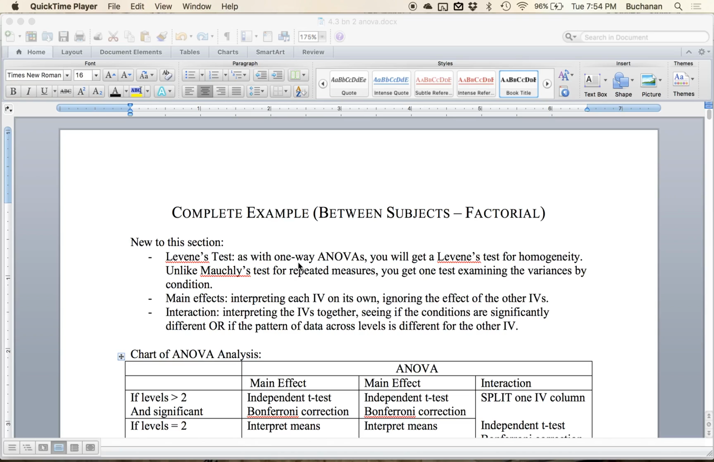Hi everybody, what we're going to do in this video is talk about two-way between subjects analysis. I've already posted a two-way repeated measures analysis that I went over in class, but this is an example of